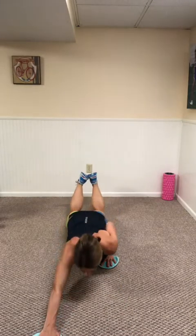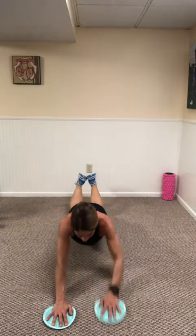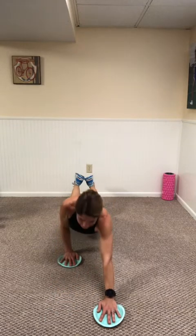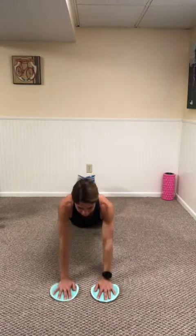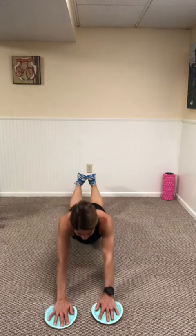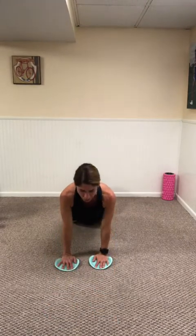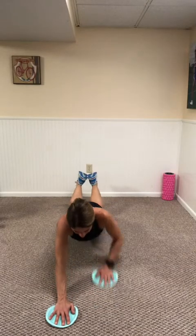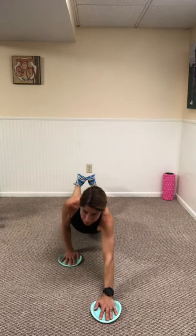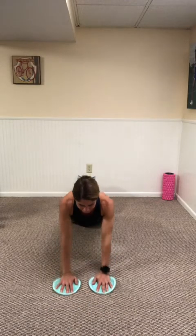Little shift here. Keeping your hips forward, press 2 hands forward. 1 at a time, pulls in. 2 counts forward, 1 at a time in. So just getting a little bit more into your trunk, resisting that arm reach. Let's do 4 more. 3, 2,